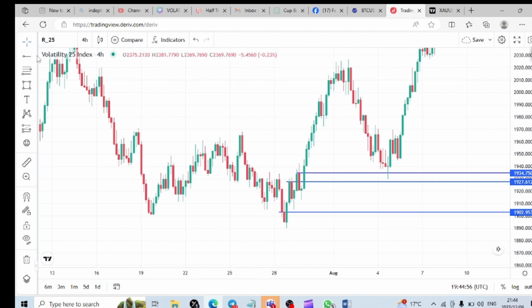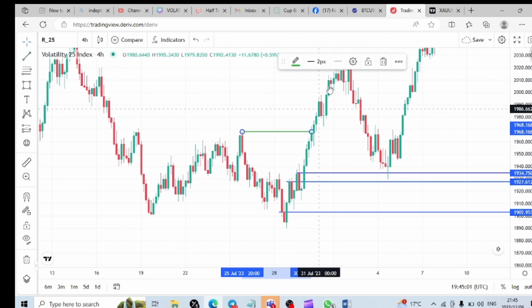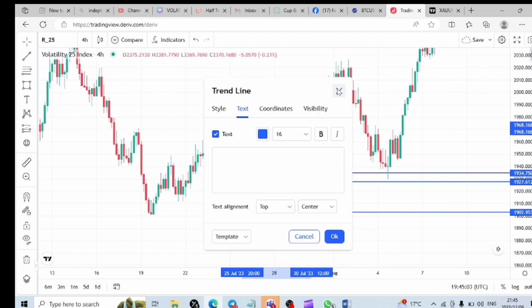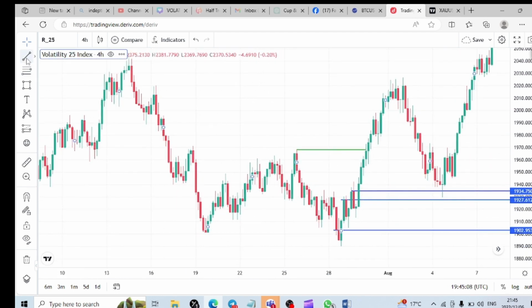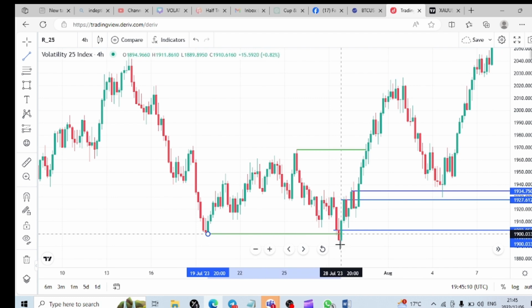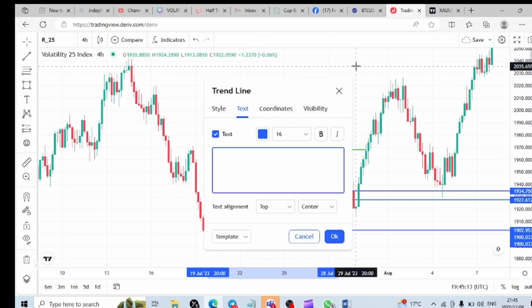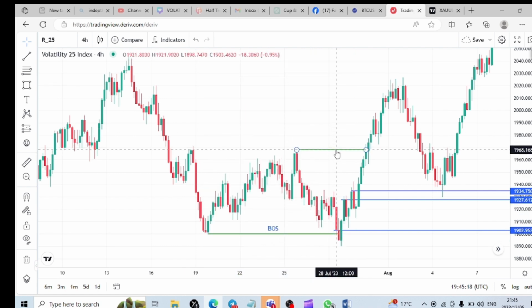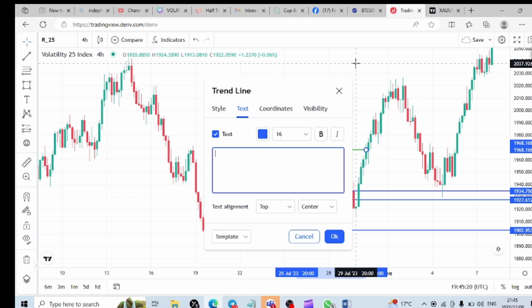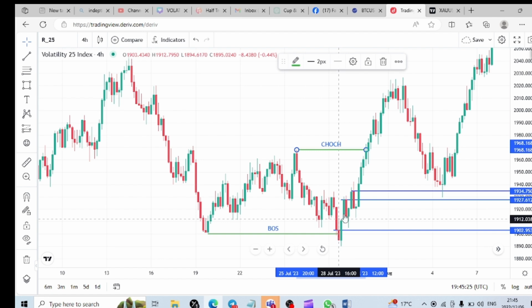You can see here, yes, the price was able to break the structure. We have a BOS here. Okay, let's just say a change of character. Since the price was moving down, we had a change of character. Why? Because we had the break of structure here. So for you to know that this is a change of character, there must be a break of structure. So at this particular level, we have a change of character. Here, the last red candle before the price starts to move up is our order